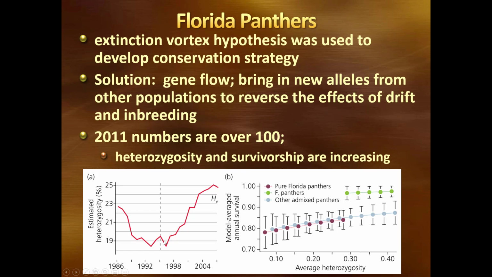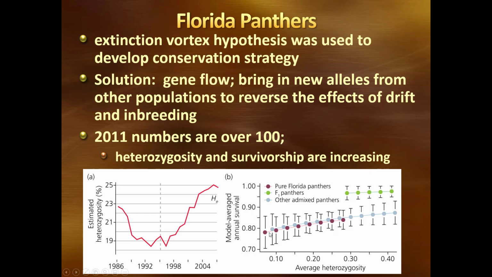So raising the population up is going to help that heterozygosity a little bit, but for loci that are already fixed, there's no getting heterozygosity in a fixed locus. So it's only going to help those that have not yet reached fixation. If we look over here on the graph on the right, we see these bottom two graphs, where they were looking at the average heterozygosity and how it affects the annual survival of the